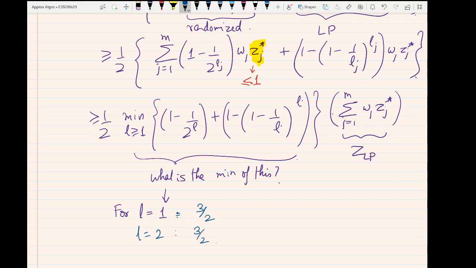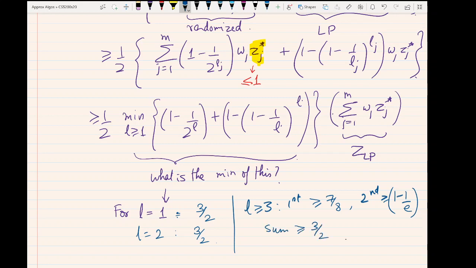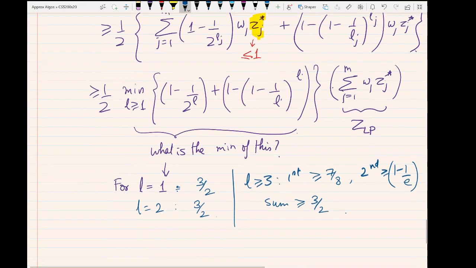And for L greater than or equal to 3, we have that the second quantity, rather first quantity, is greater than or equal to 7 by 8, and the second term is greater than or equal to 1 minus 1 over e, and if you add up, this is greater than or equal to 3 over 2. Okay,